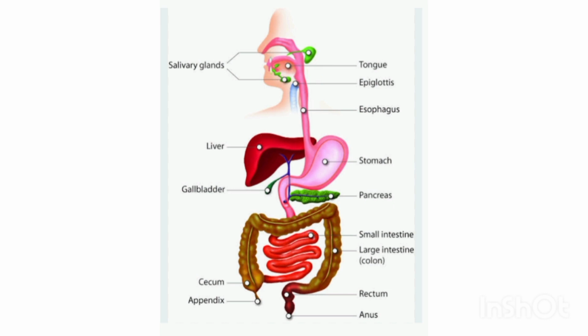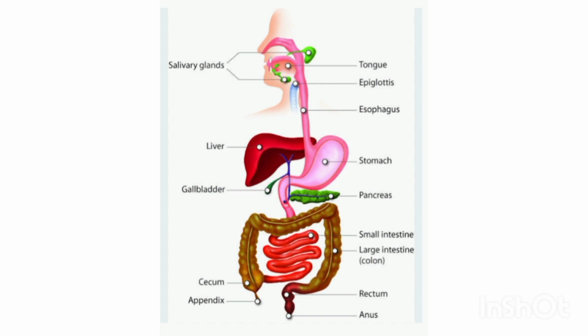Then the next is gastric glands. These are found in the wall of the stomach, and the functions of gastric glands: These glands release digestive juice containing HCl, pepsin, mucus, etc. Hydrochloric acid kills the bacteria ingested with food. It creates an acidic medium of pH about 2, which facilitates the action of pepsin enzymes. The mucus protects the lining of the stomach from the action of the hydrochloric acid produced under normal conditions.